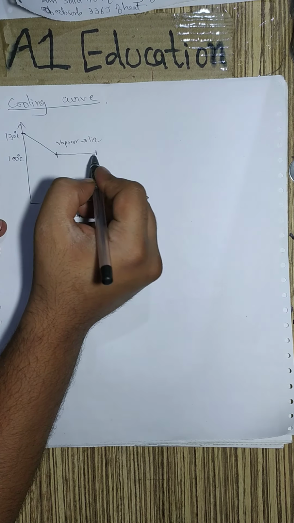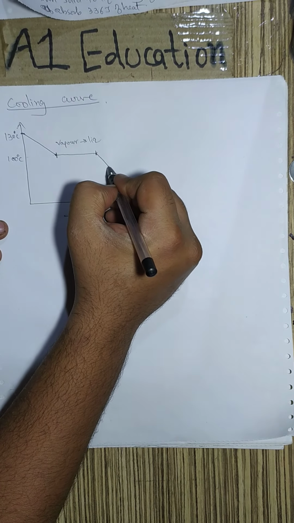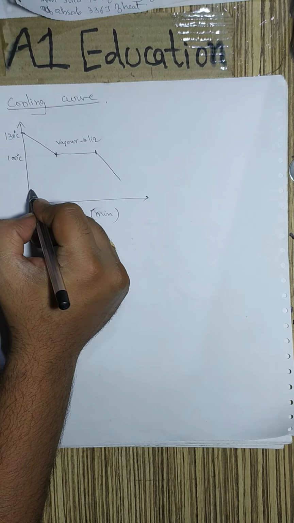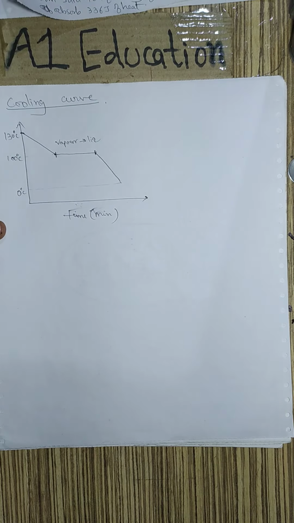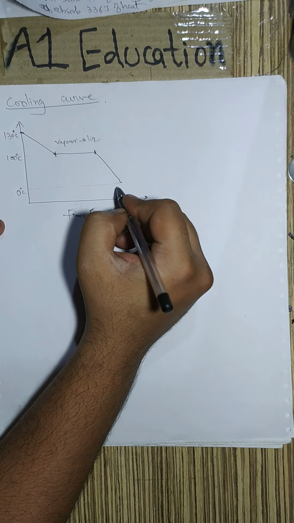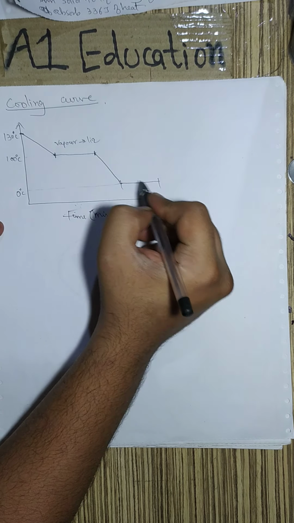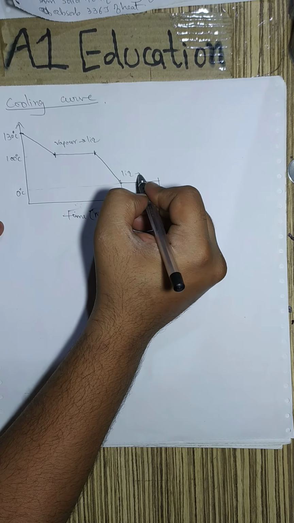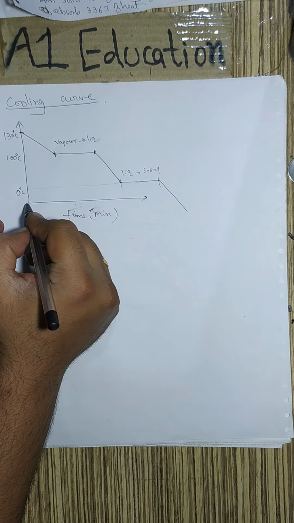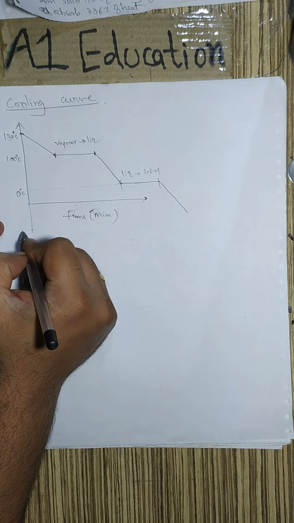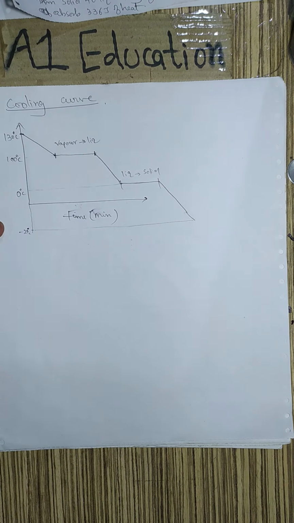Once all of the vapors are converted into the liquid, again its temperature starts dropping till the temperature attained is 0 degrees centigrade. Once the temperature attained is 0 degrees centigrade, again the temperature will become constant. Again here the change of state occurs, which is from liquid to solid. This solid further can be cooled to attain whatever temperature desired. So this is a cooling curve.